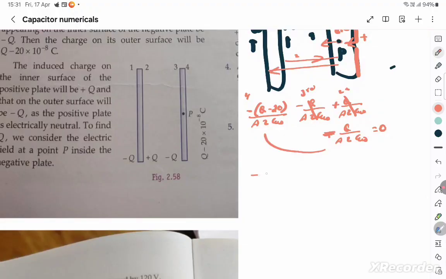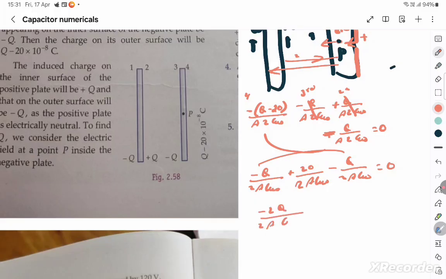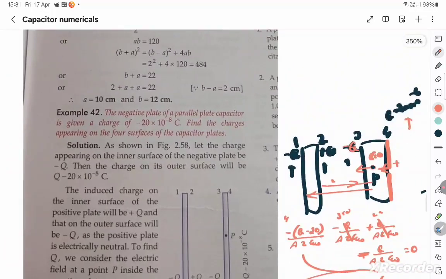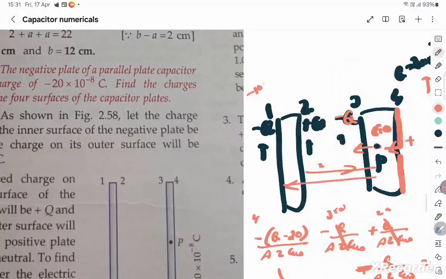So it's minus Q by 2A into epsilon naught plus 20 by 2A into epsilon naught, and this is minus Q by 2A into epsilon naught, is equal to 0. This and this get added. It's minus 2Q by 2A into epsilon naught is equal to minus 20 by 2A into epsilon naught. So cancelling this and this, the negative and negative get cancelled, Q becomes equal to 10. Therefore, you literally understand that this has got to be minus 10 coulomb, this has got to be plus 10 coulomb, this has got to be again minus 10 coulomb, and this will be